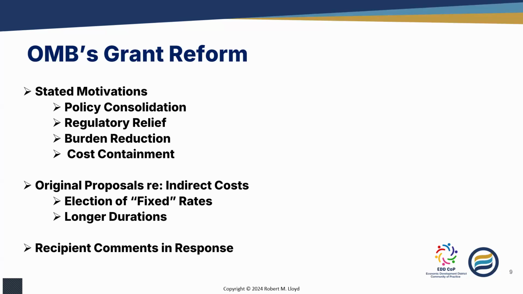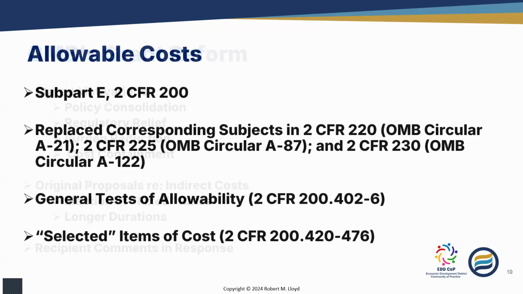Now, as I mentioned earlier, and moving on to slide number 10, the issue of allowable cost is addressed in Subpart E of 2 CFR 200. I'm sure many of you are intimately familiar with that document and have probably used it as a dictionary to try to determine whether a particular cost that your organization faces is something that could be construed as allowable under the applicable cost principles.